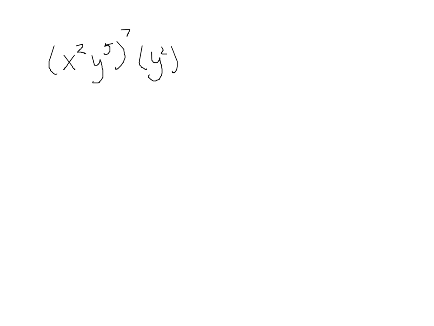Okay, so what's going on here is I'm going to get x squared to the 7th, y to the 5th to the 7th, y squared. Now I'm going to multiply these, so I get x to the 14, and y to the